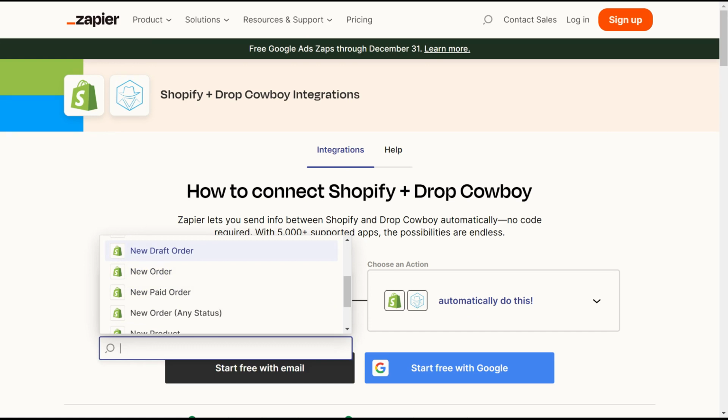You can connect as many triggers and many zaps as you want, so you can actually perform multitasks for every different scenario. And then you're going to trigger that, which will then send a voicemail, a voice broadcast, or text